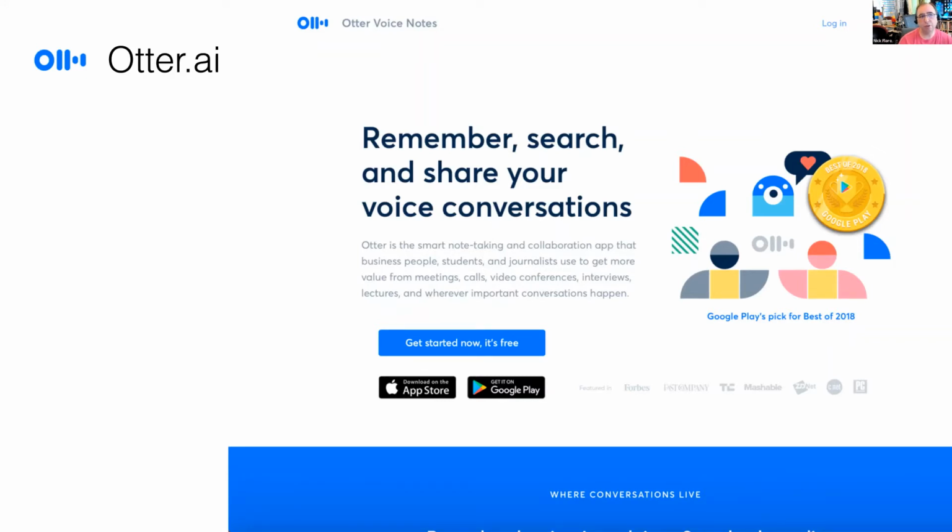And with Zoom, they're using a platform called Otter.ai. And this is a really cool platform. You can actually sign up for free and get 600 minutes a month, which is really cool. But what's nice is that it also works on your phone or your tablet. And if you have permission to do the recording, it will transcribe anything that you feed to it. So whether it's an audio file, a video file, a live meeting,